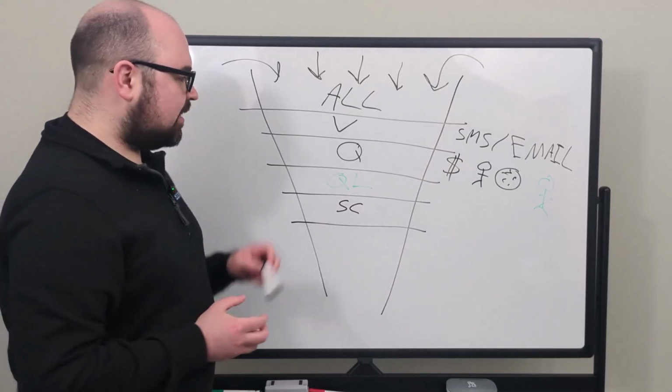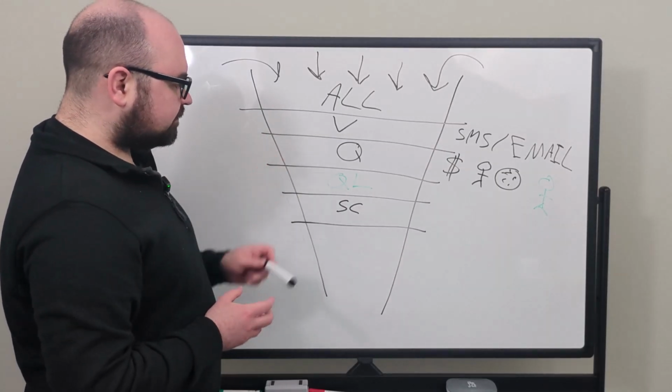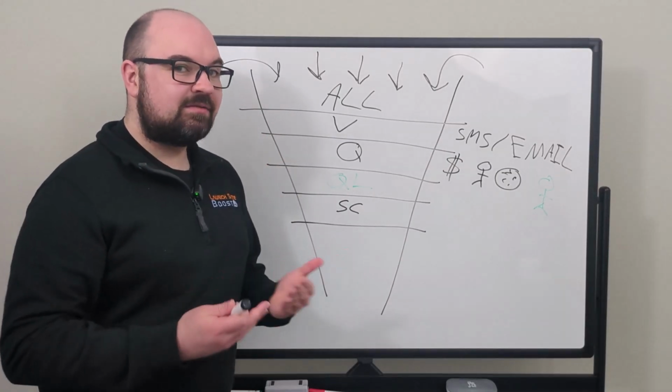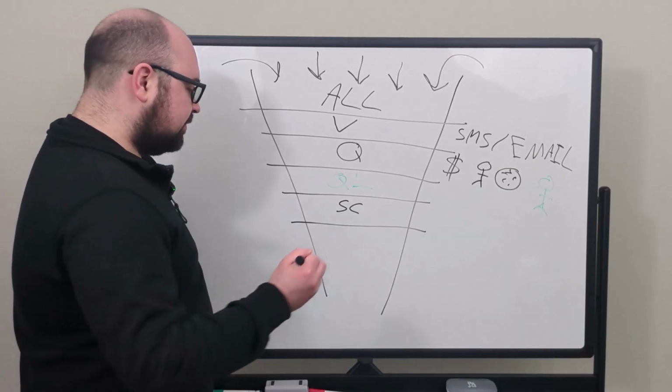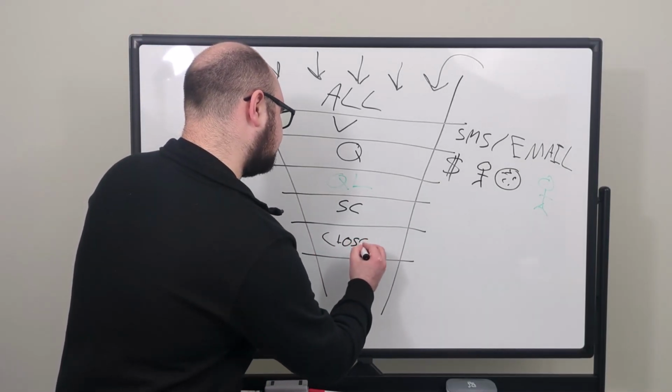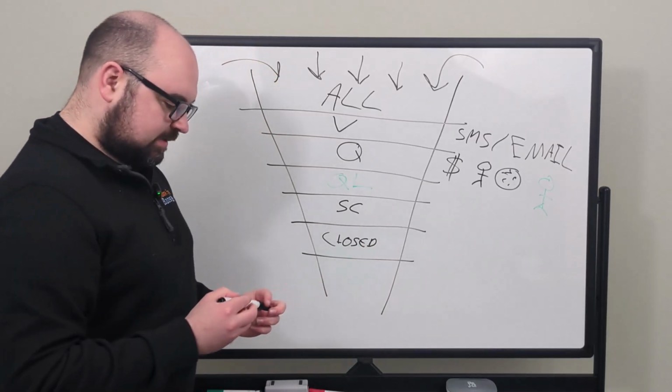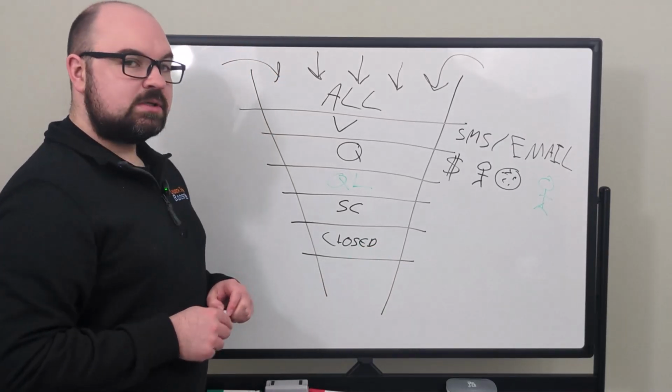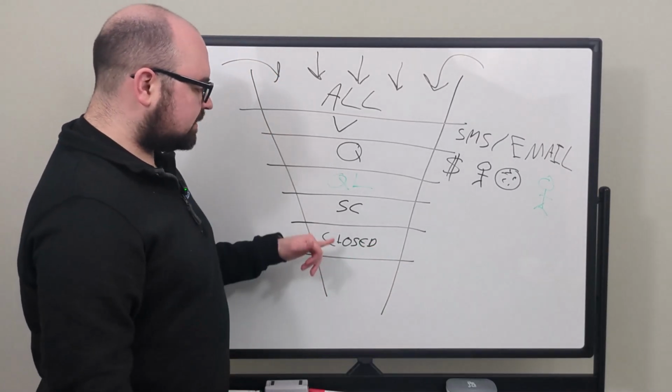And then realistically, again, because they've gone through all of this sort of stuff, they're more than likely to convert a little faster as well into actual revenue. So let's just say that that's called closed, okay? So it's much faster, much easier and a much nicer process if you go through the process this way as well.